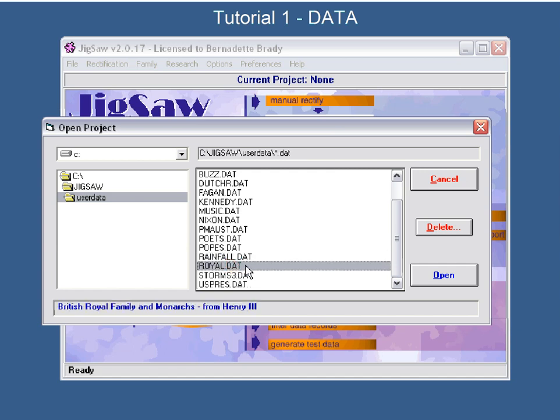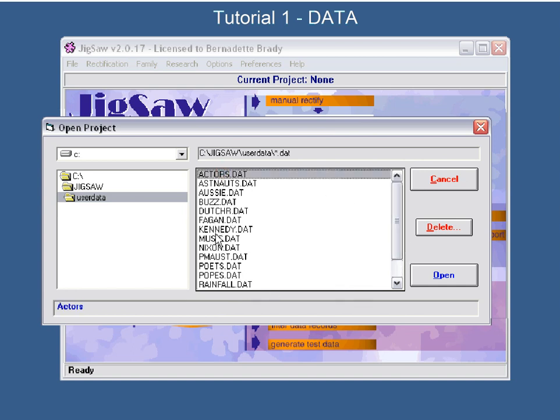This is your royal family, all of it, from Henry III. That's a list of sovereigns, kings and queens, and how long they reigned, etc. This is a collection of data I made, the world's worst storms from 1880 CE to 1975. That's taken the date that the World Bureau said they happened and their location. And this is the US presidents up to Clinton. I haven't put Baby Bush in yet. No, I thought I'd leave him out. Now that comes with it, and that's handy to start to play around with. So it gives you something to get started with.